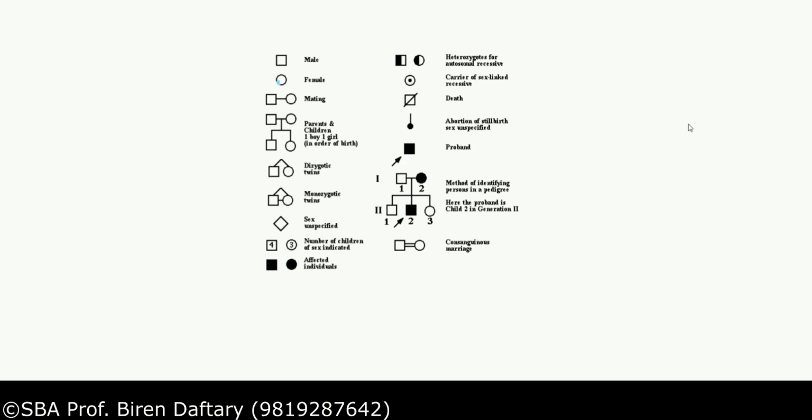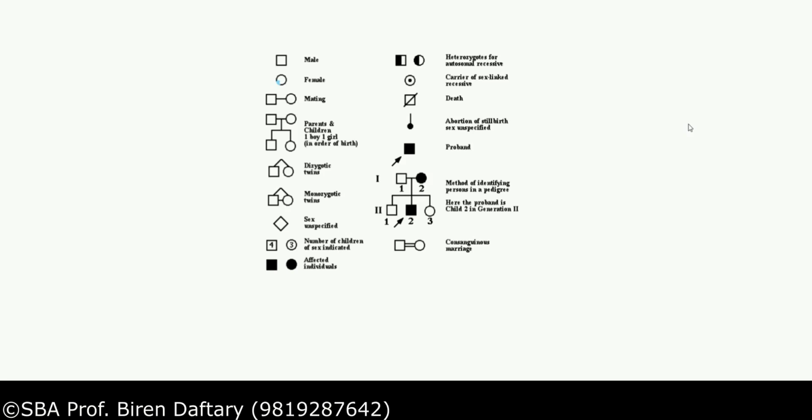Now when you show this rhombus, that means the sex is unspecified. So if they ask you a question in which they do not reveal the gender, you have to write it as unidentified. Affected, you know, if you write a number in the box, that is the number of males or females. If you don't have space, then this is a carrier, so I have shown a circle or this. Death is this. These symbols are not important for you. Abortion, not important. So see, this cross is shown. In this cross, the male is unaffected, the female is affected, and out of the children, this child is affected. And consanguineous, I have shown this. So these are the symbols.